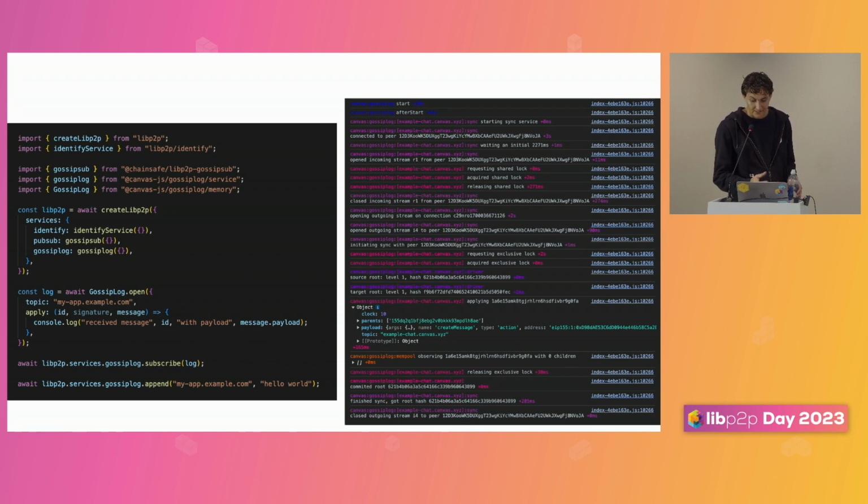Internally, this uses GossipSub to publish the messages on a topic, low latency. If people receive them and they have all of the dependencies, all of the parents of that message, it'll be delivered to the apply function right away. And if they don't, if they're missing some parents, it'll mempool them until the parents arrive and then deliver them. And it starts this sync service in the background that performs Merkle sync on every new connection and then periodically in the background, so that in the case that messages are dropped or that there were some that happened while you were offline, those will also be delivered to your apply function exactly once in causal order.